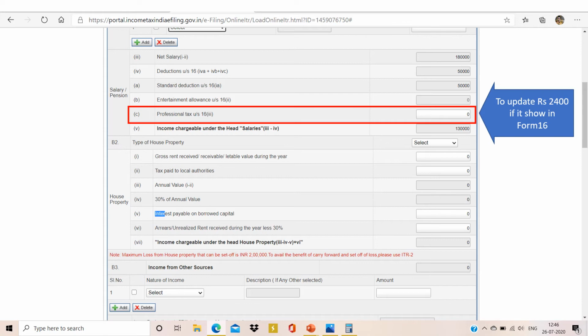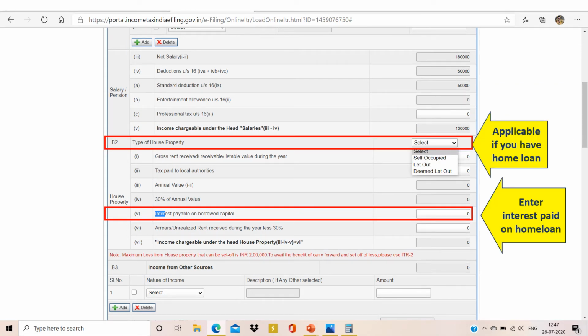Next we'll go to the house property loans. In this house property section, there are two things that can be exempted: one is the principal and the other is the interest. In this portion, we will be updating only the interest portion.